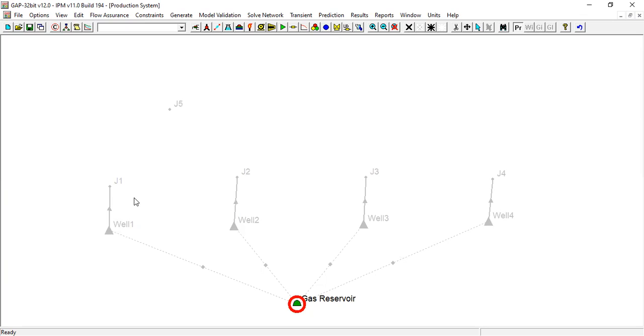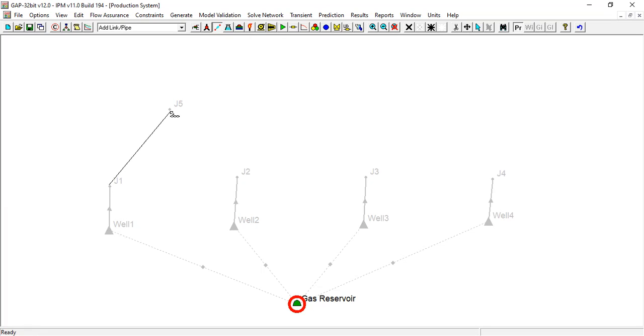The connection between each join is actually represented by a pipeline or flow line. So in reality, or in our imagination, we can imagine that the well will be connected to a flow line, and then the flow line will be connected somewhere in the network. For example, they connect in a manifold, and from the manifold to the station, they will flow inside a bigger flow line or bigger pipeline. Okay, so let's construct the flow line